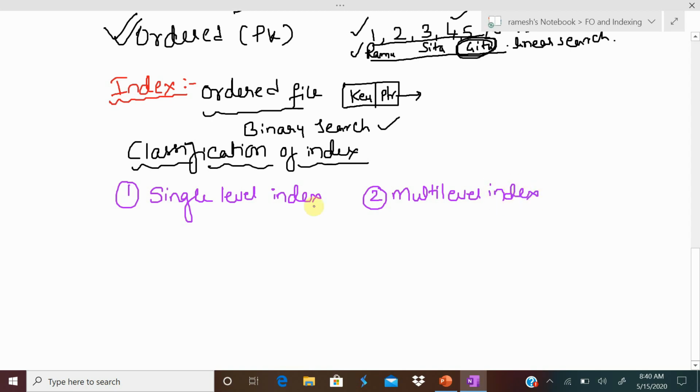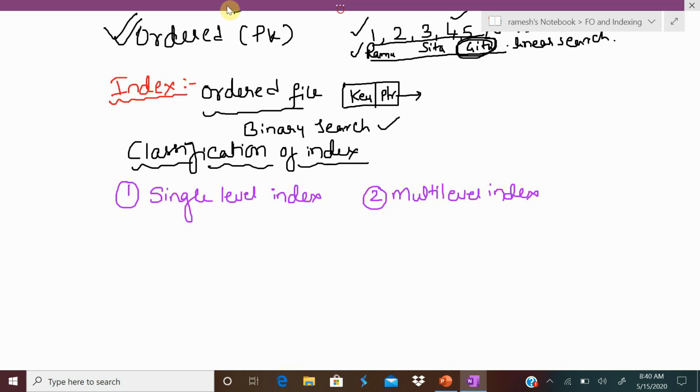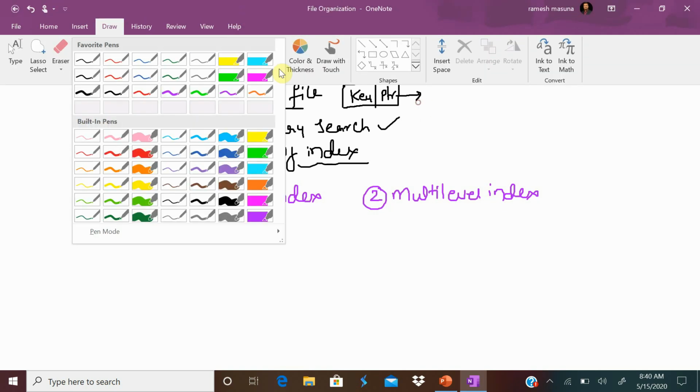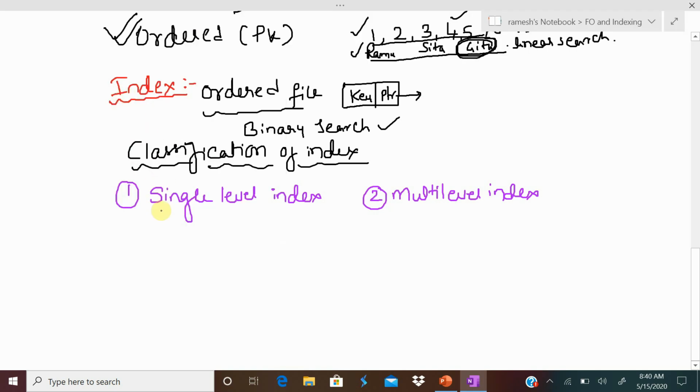Now, in a single level index, again we have three types of indexes, based on which field the index is created on. There are three types of single level indexes.